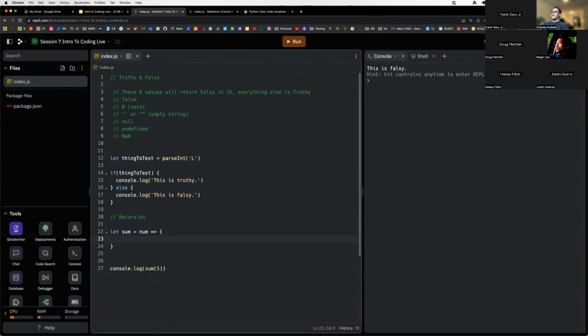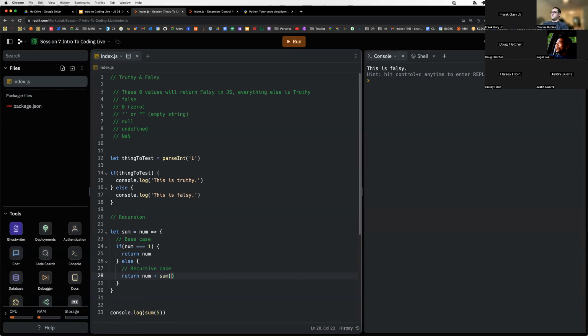All right, and so we need a base case, and that is if num triple equals 1, return num. Else we're going to return num plus